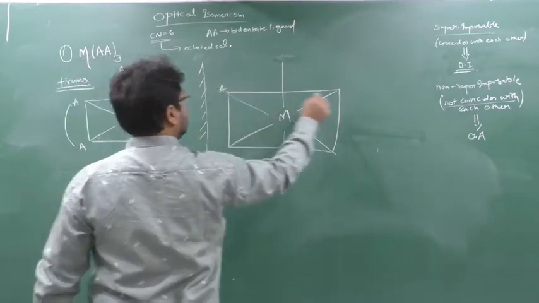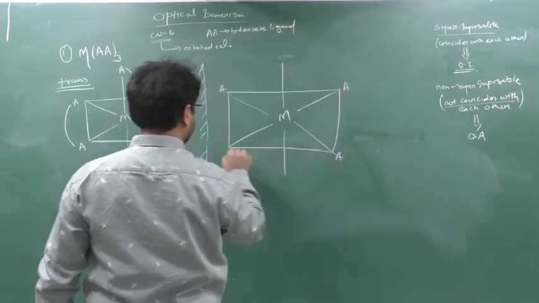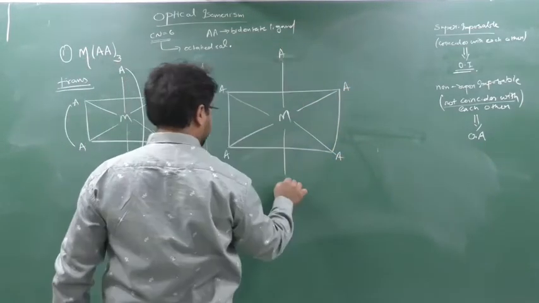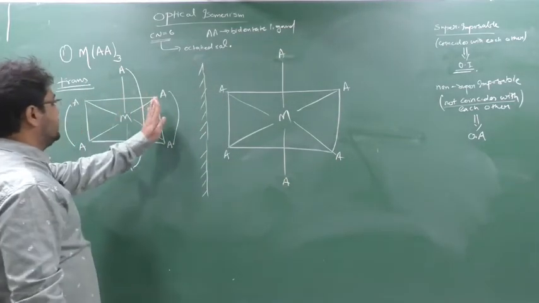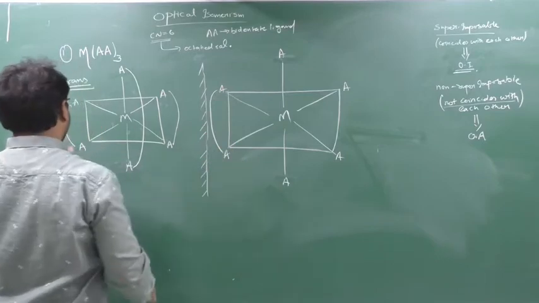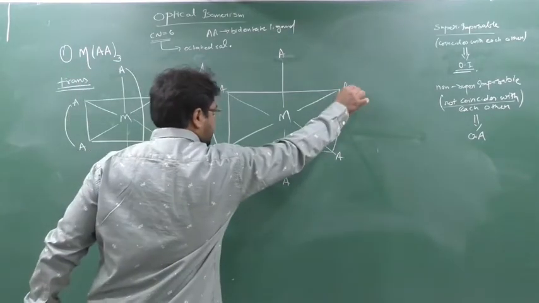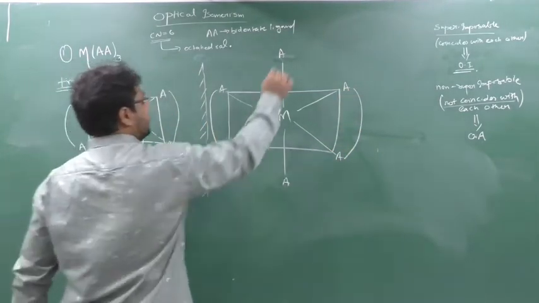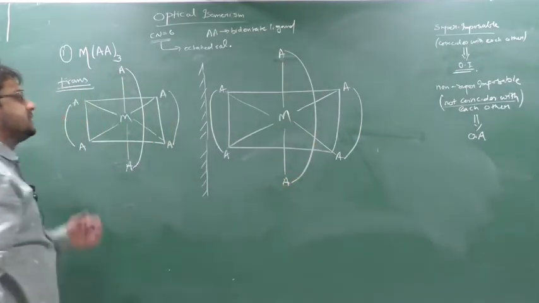Okay, A here and A here. What is on the second portion? It will come here, the first portion. In the second portion there is a bond, so here also it will come. On the first portion there is a bond, so on the second portion also a bond will come. And this is also a bond. This is also a bond. So this is the image.